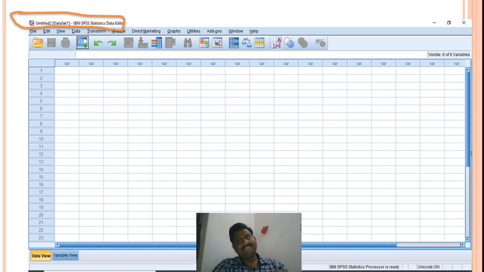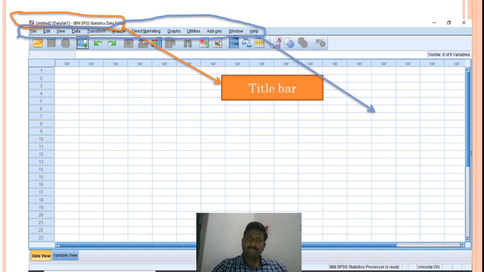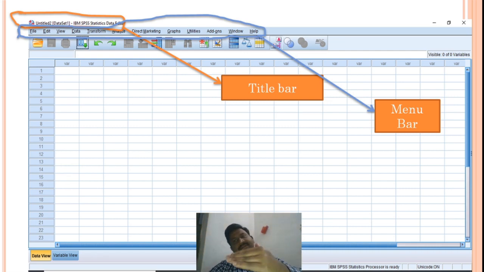Once you save this file, the title of this file will come here. This is called the menu bar: file, edit, view, data, transform, analyze, and other menus are there. And in the menu bar, many options are there. What are those? I will let you know.